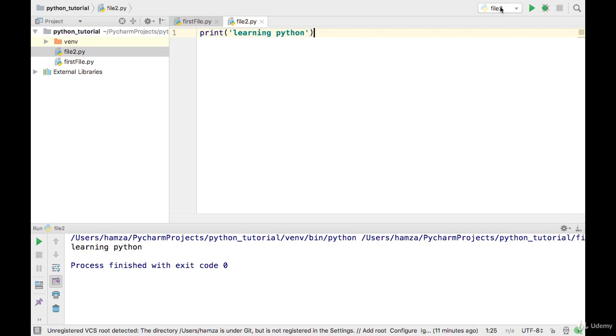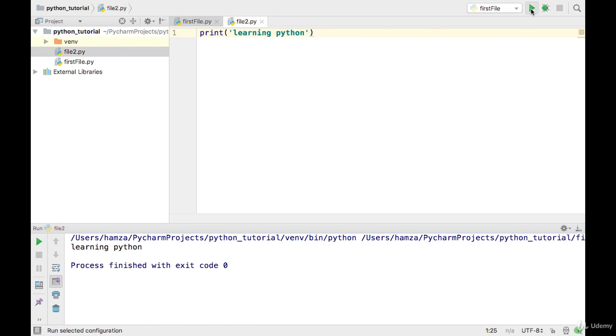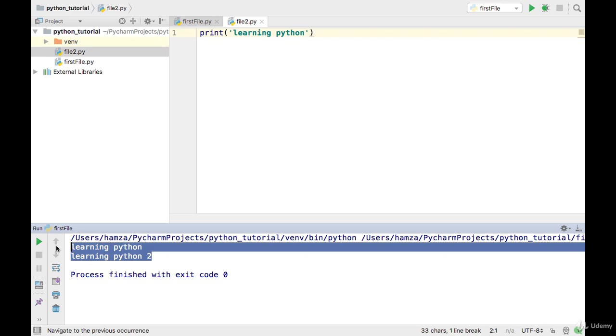Now as you have added both the files here, as you can see in the right top corner, we have added both the files, first file and file 2. Now whichever file we want to run, we have to just select that and run it from here. So for example, if I want to run first file, I will select it here and just simply press this green arrow button. As you can see, output has changed